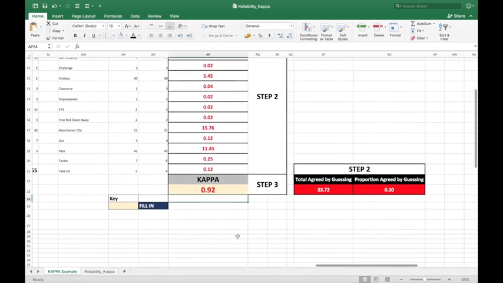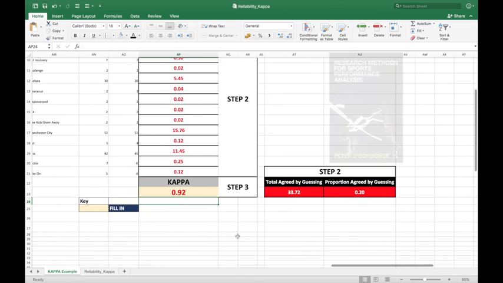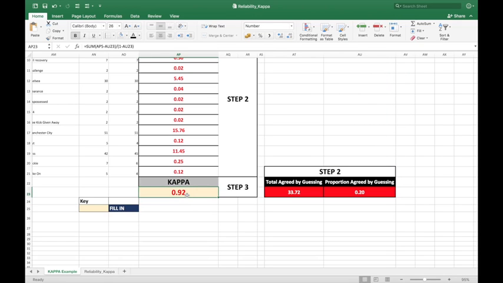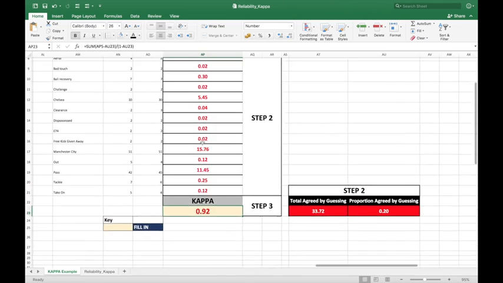And as you can see from Peter O'Donoghue's book, Research Methods in Performance Analysis, 0.92 is a strong relationship between observer